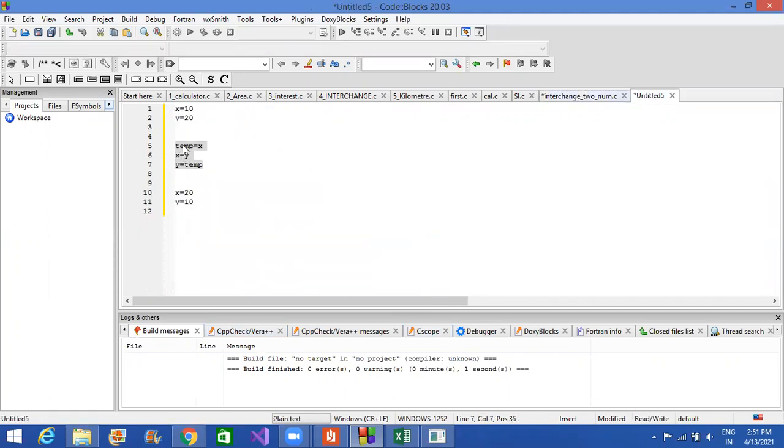directly x equal to y and y equal to x. If we execute x equal to y and y equal to x, then we'll be having the same value in both. As it is a line by line execution, what our program will do is,